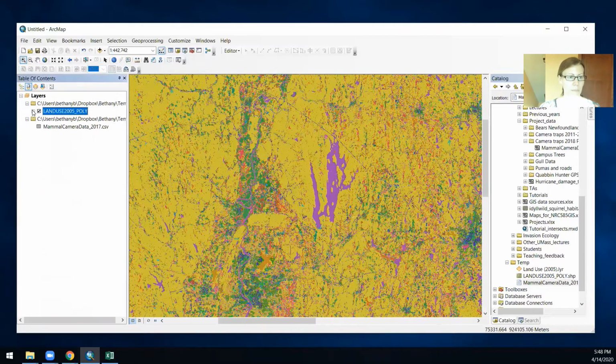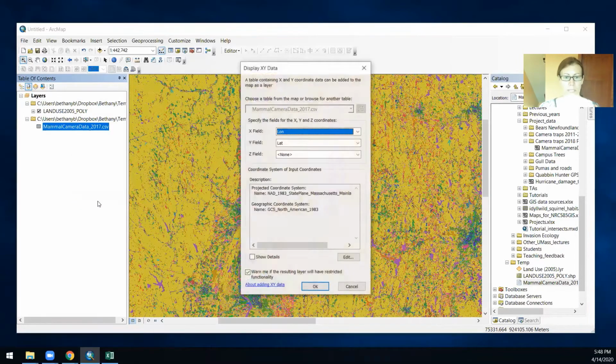And it'll be down at the bottom here. Back to lab 5, remember we do a display XY. X field is longitude, Y field is latitude. I always need to move my hand when figuring that stuff out. Helps me out. The other thing though, remember we already looked at those XY data, the latitude and longitude, and